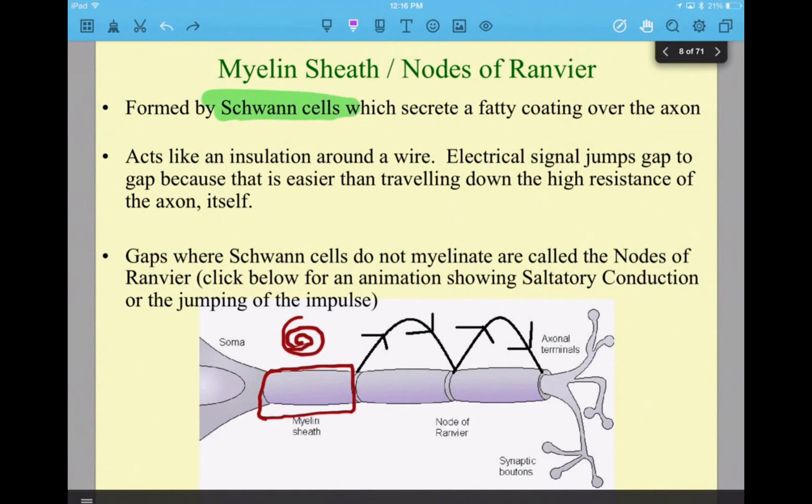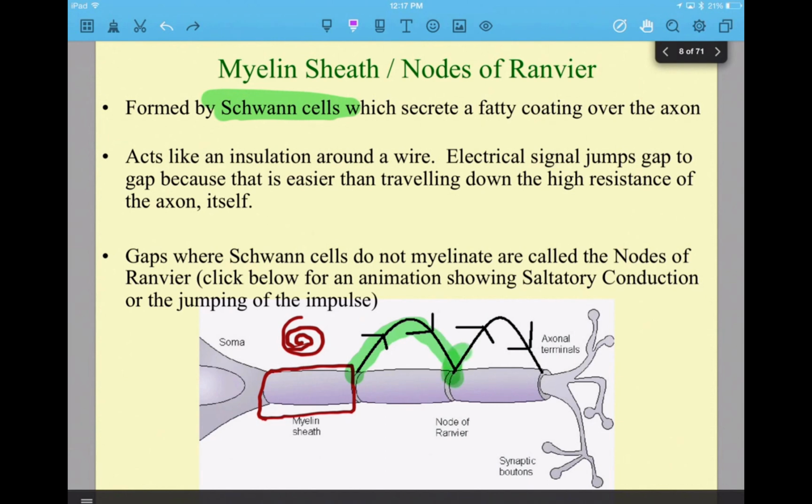And the function of the Schwann cell is to extend layers and layers of its cell membrane around the wiring, so to speak, and provide insulation. And that's good because now the signal, one thing you know about electrical impulses, they don't travel so well through insulators. So instead of traveling through an insulator, a way to think of it is the signal doing these little